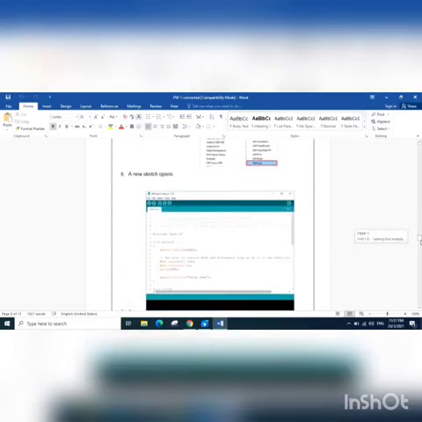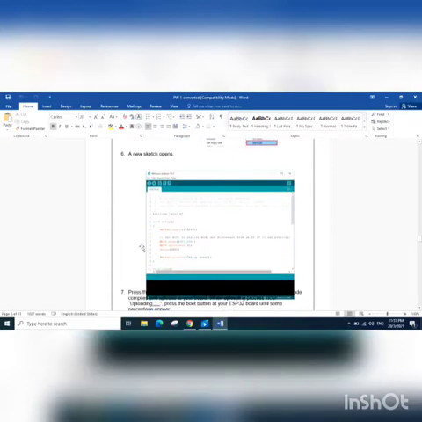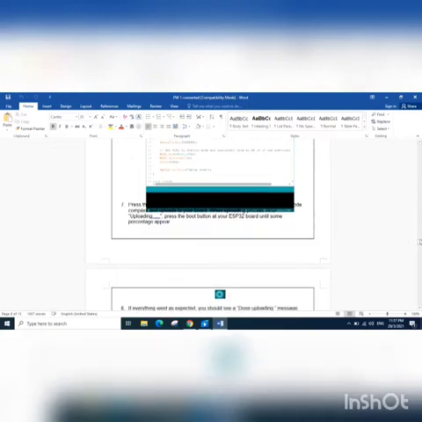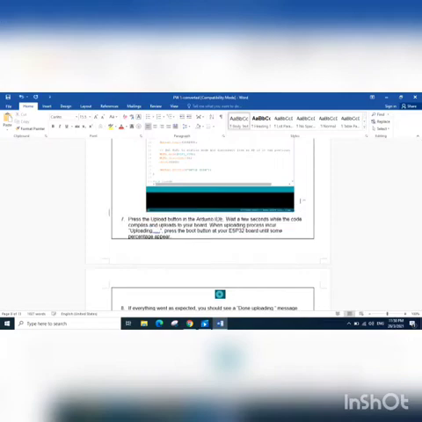After that, a new sketch will open, new code will open automatically. After the code appears, we have to press the upload button in the Arduino IDE and wait a second to upload. During the uploading process, we need to press the boot button on our ESP32 board until the percentage appears.